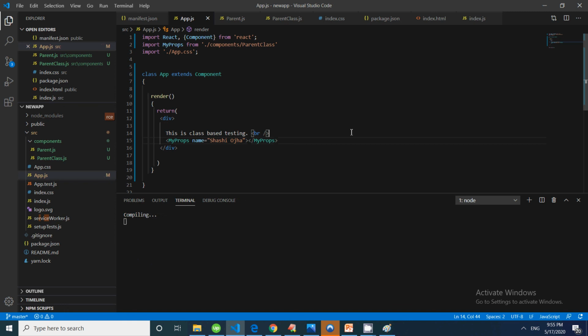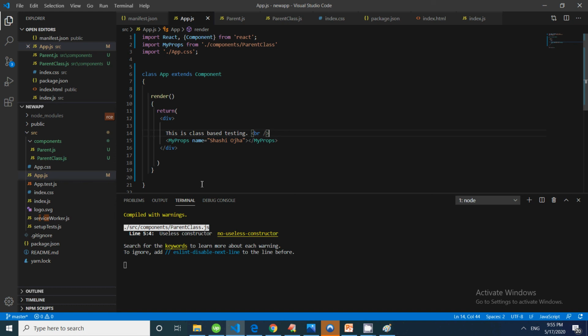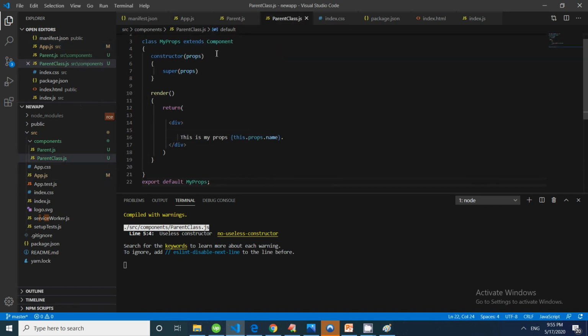so you can see the props part is ready. I have passed the values, and then you can see that my props is here, and I have called the parent class. So this is parent class.js, and in parent class.js I have passed this name.